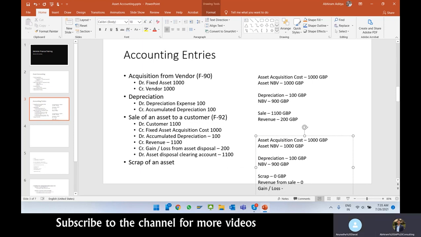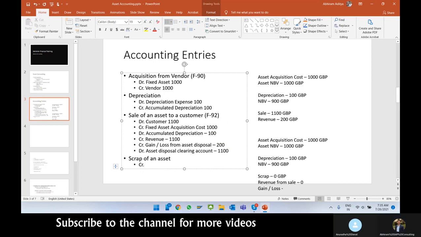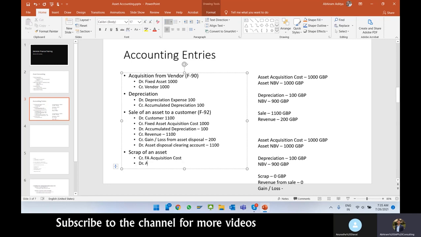Loss of 900. So let us take the example here. What is the accounting entry? First, you need to show your fixed asset net book value, right? So first thing, credit the fixed asset cost. What we're trying to show is that we are going to reduce the net book value of the asset. So how are we going to calculate the net book value, as we are not storing it anywhere or having an account which says net book value, because net book value keeps on changing. We have two accounts from which we can determine the net book value. One is the fixed asset acquisition cost, which we are debiting,